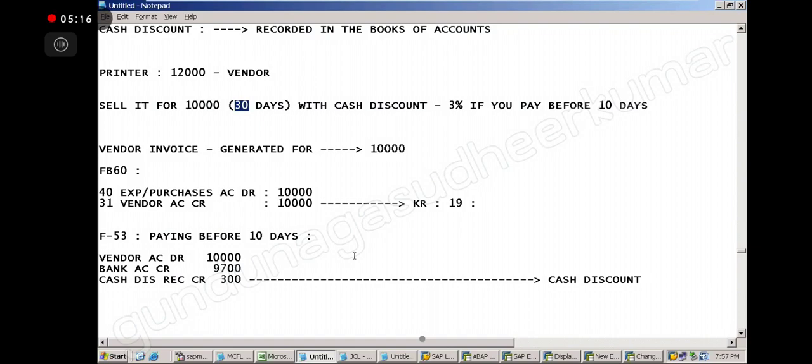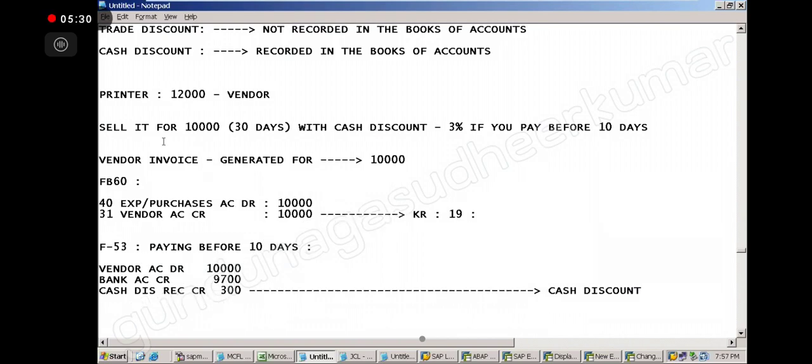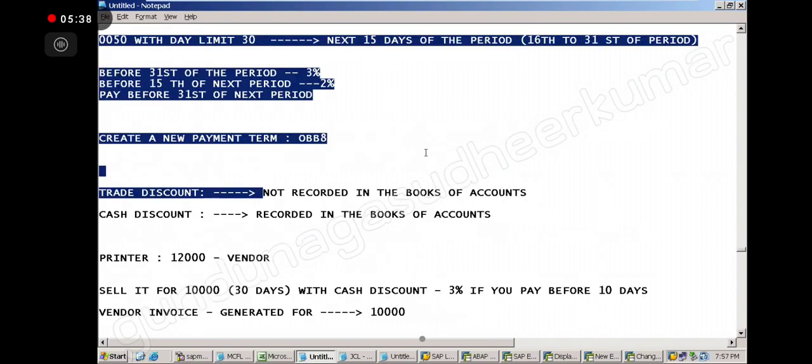So this 2,000, from 12,000 to 10,000, the difference of 2,000 is the trade discount. It is not recorded in the books of account. Anywhere have we recorded that 2,000? No, sir. That is the trade discount. The 2,000 is not recorded in the books of account.